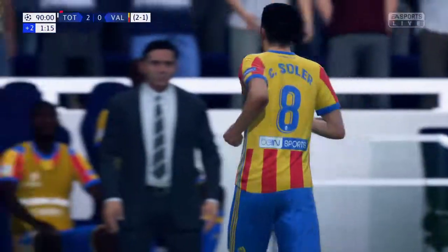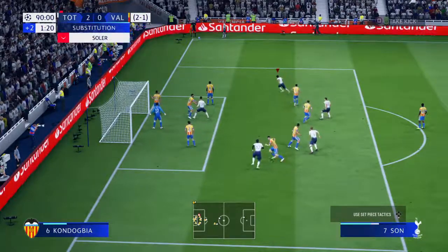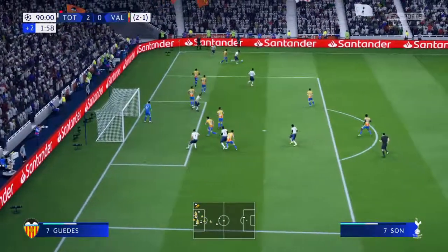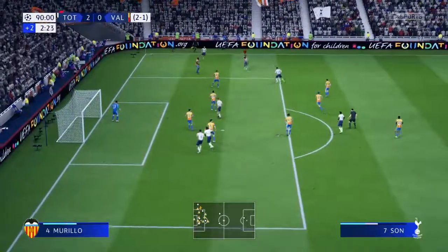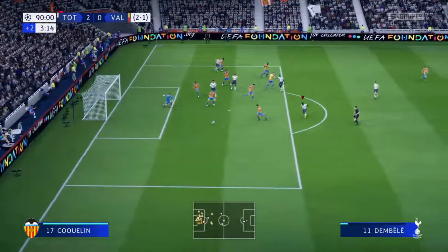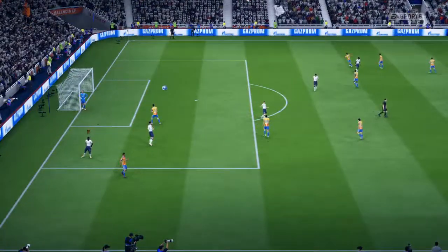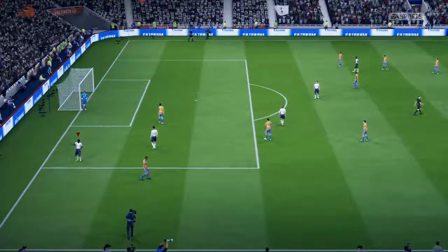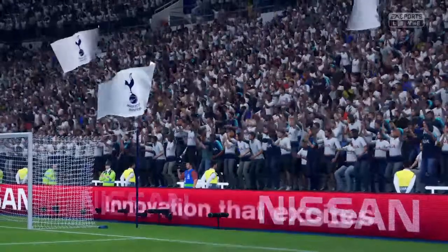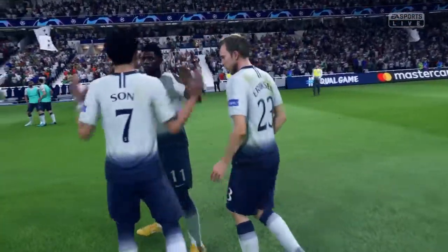Spurs with the corner. And a substitution in the offing. They've decided to go for the short option. Preferring to go infield. Oh, it's off the post! And there it is, the final whistle. Only one side could go through, and in the event, that side, Spurs. Oh, Derek, so little to split between the two teams. Knockout football is just like...